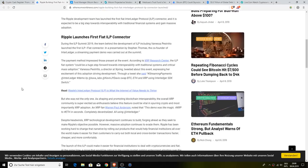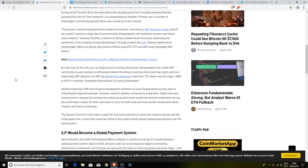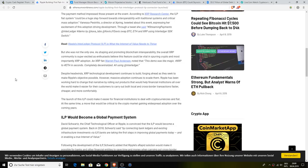This has been something that a lot of people have been very excited about, or rather are very excited about, because this has finally launched. The idea is, and what many people don't know, during the early years of when Ripple first came about and XRP was a brand new thing on the block, a lot of people didn't understand the exact motto or the reasoning behind what Ripple was doing. The idea has always been to get people to use xCurrent or whatever product they plan on using, and eventually this will all be streamlined through actual XRP. So this is why Ripple fans get very excited whenever something like this actually ends up